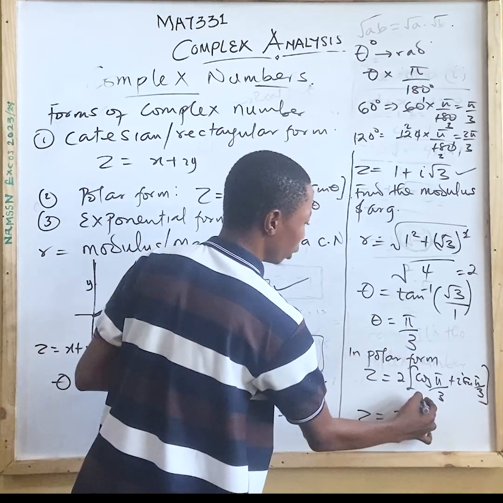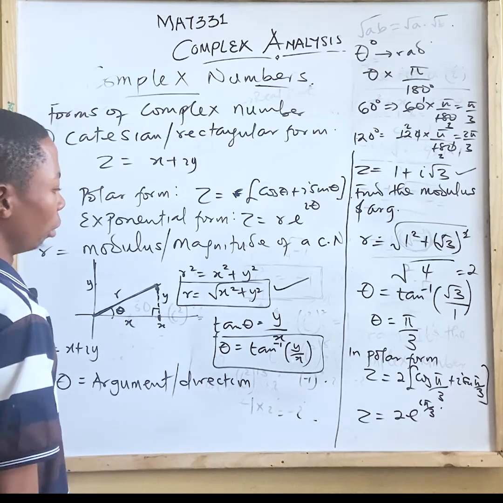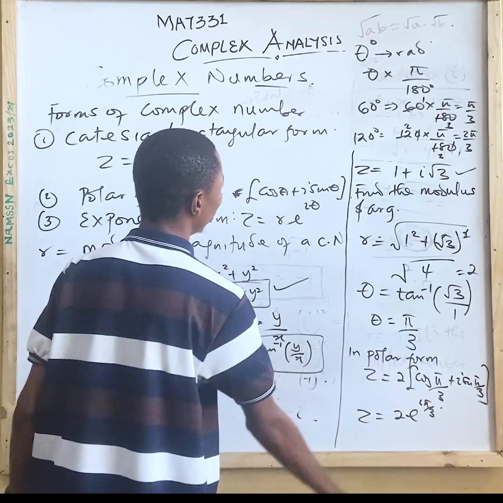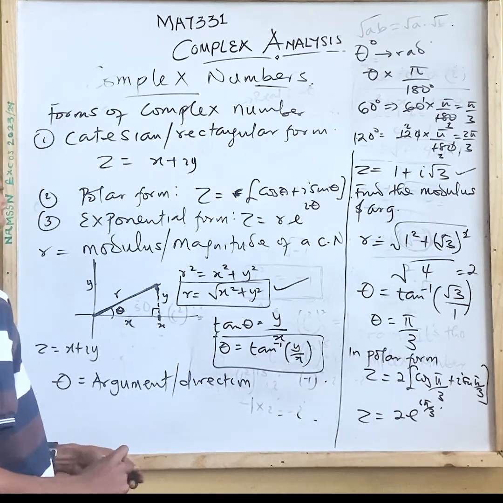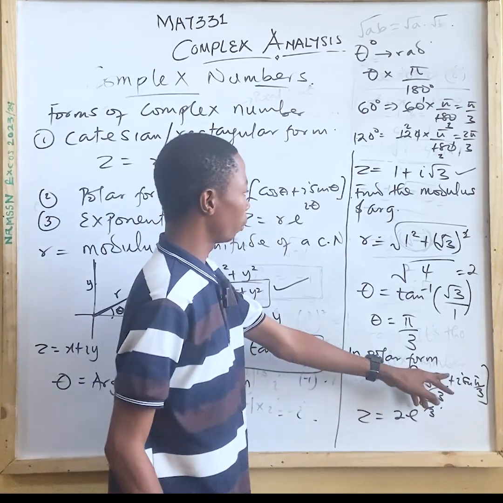Theta is pi over 3. E raised to power i pi over 3. So that is how we express this particular complex number in polar and exponential form. And before I solve the problem further, there is one thing about trig that I need to talk about,